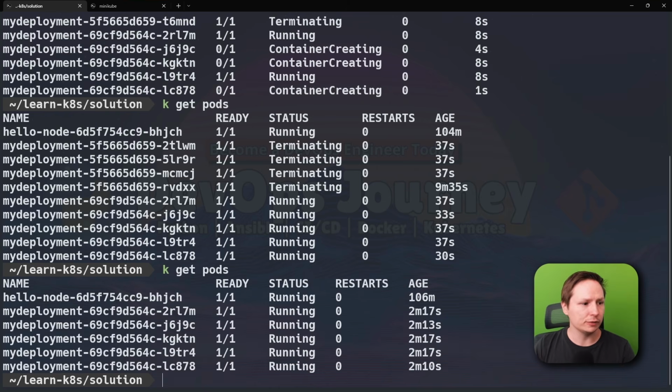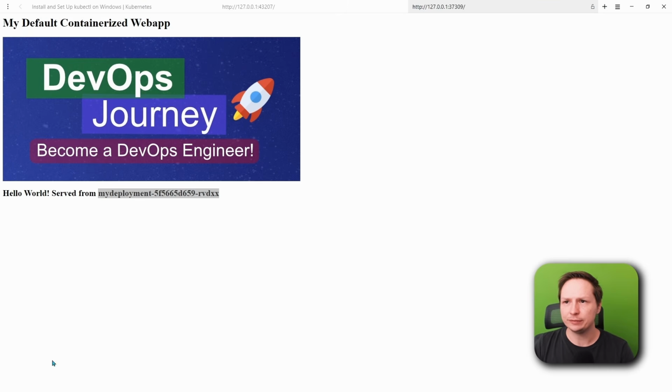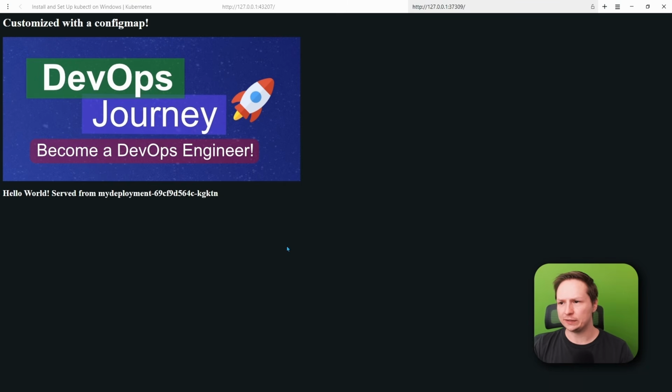Now, if we go into our actual web application and just refresh the page, you can see that we're getting the dark background with the white text, and it says customized with ConfigMap. So our application has been customized. Now, one thing I want to go over here that's going to save you guys a lot of time